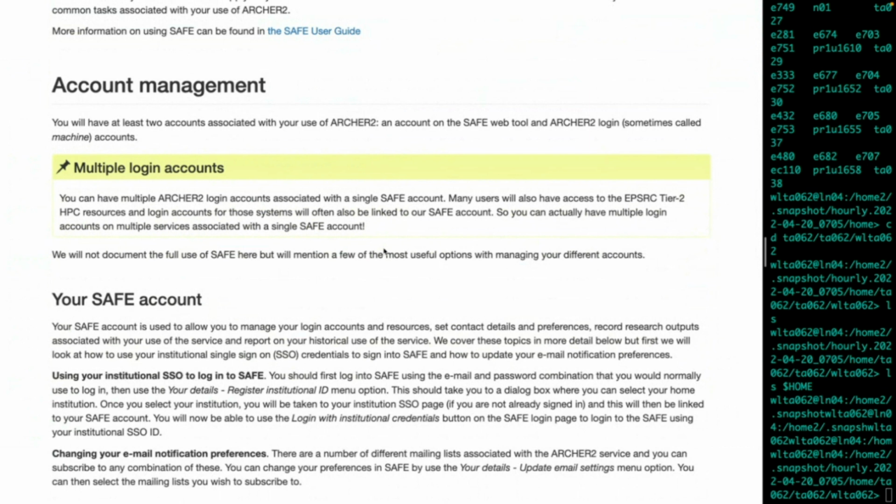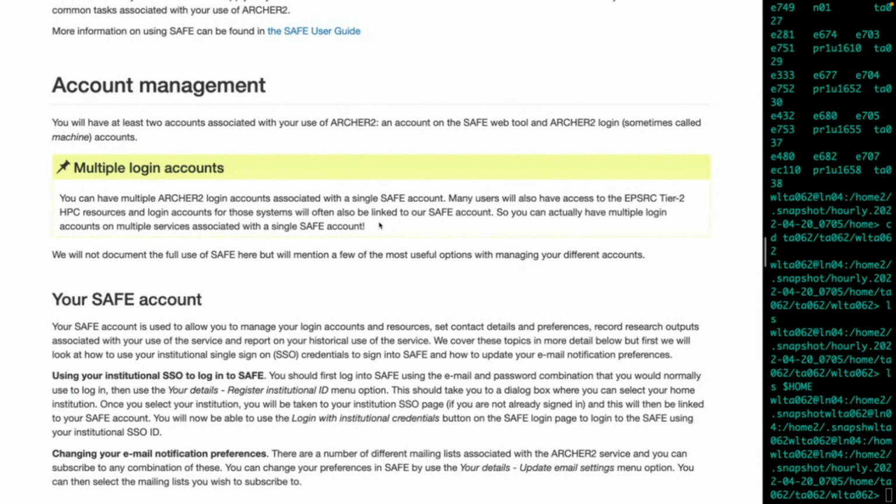They'll all be visible on the SAFE. And as I say, if you have any machine accounts on other systems which we provide, like Cirrus, you'll also see those listed. So yes, tier 2 resources. There are other systems at EPCC which are also administered via the SAFE, and you can manage all of these with the one